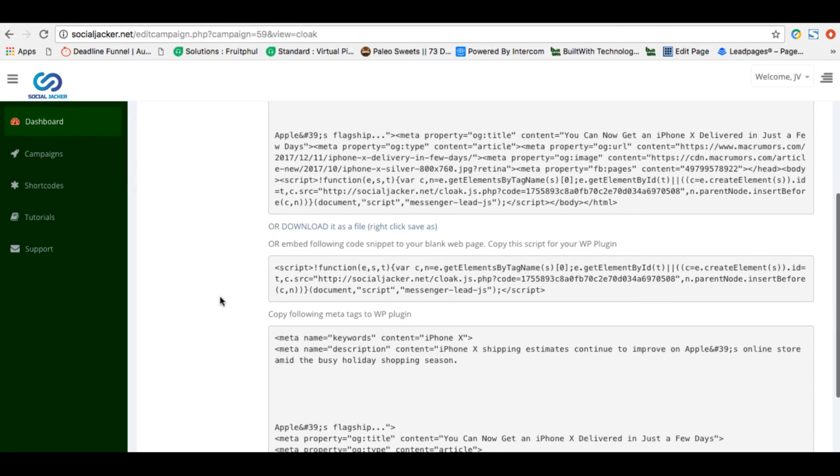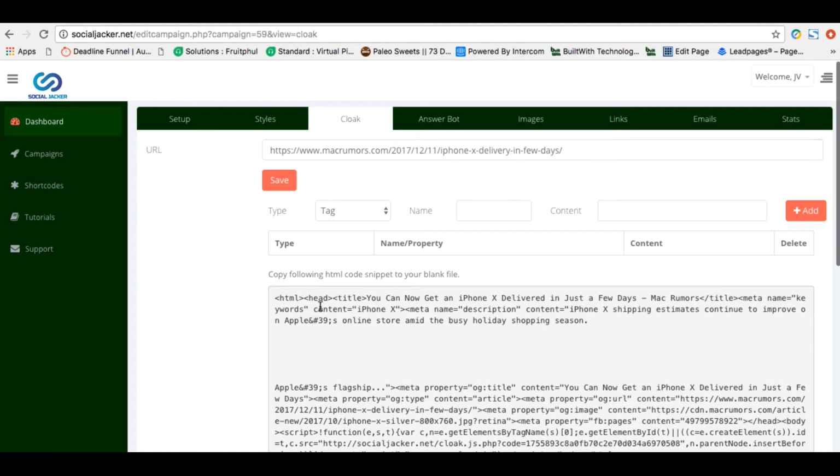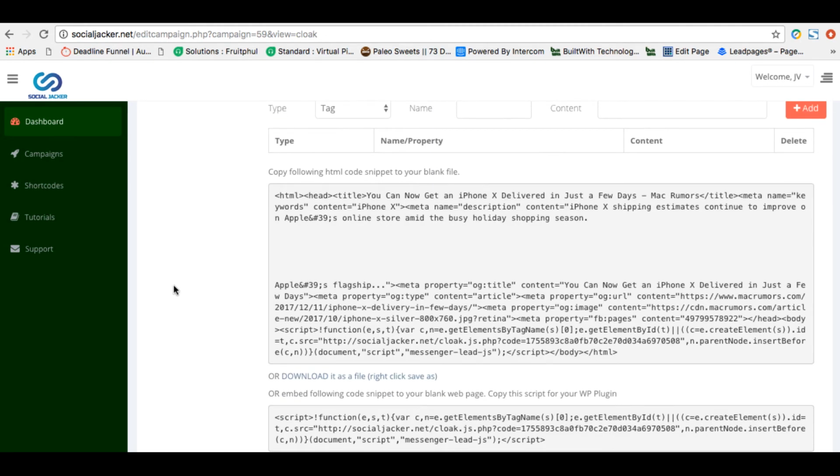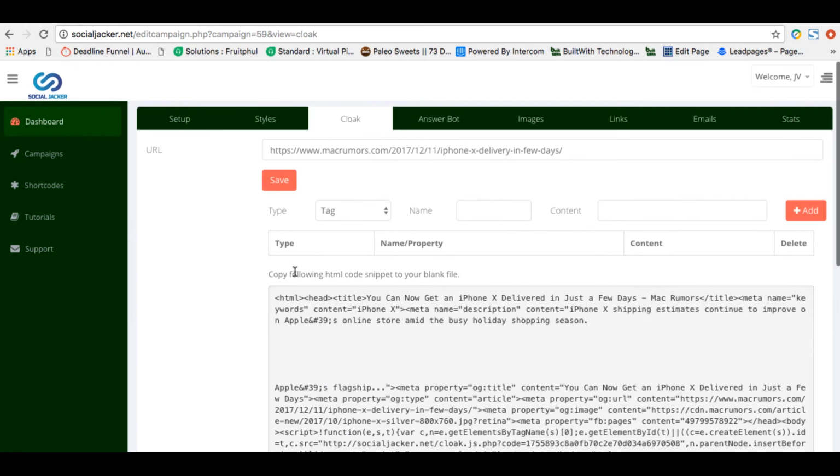And then what you want to do is you can first copy this HTML code and put it in a blank page and upload it to your site. Now, I know that there are some other page hijacking apps that came out where you just enter the URL, press submit, and then you get a second link that's cloud-based with their domain on it, which you can share. Now the problem with that is, first, it's not your brand,